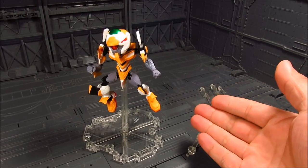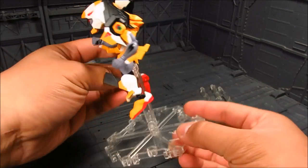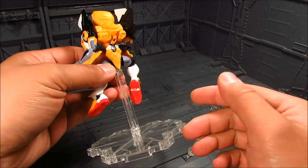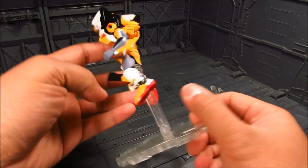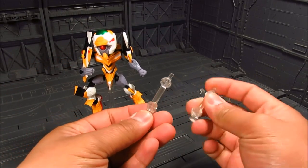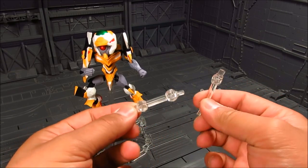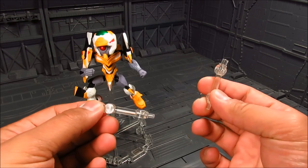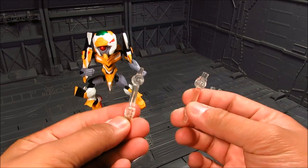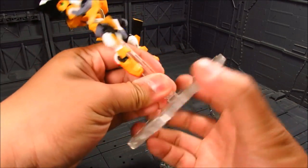Right, so typically you're gonna get the NXedge base, which is great. You can mount it on the bottom side of the figure for the most part, and also on the back side there. But I think this one is being used. So there's that. Otherwise, you're gonna have this to connect parts, which you can combine by just removing the end pegs. Now, typically we use this for effect parts. This set doesn't have an effect part, but I'm glad that they provide this regardless. And I think we can probably use this one as the